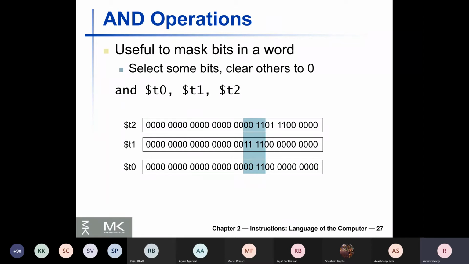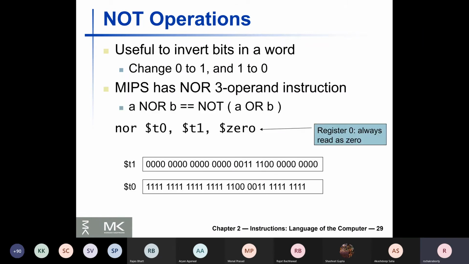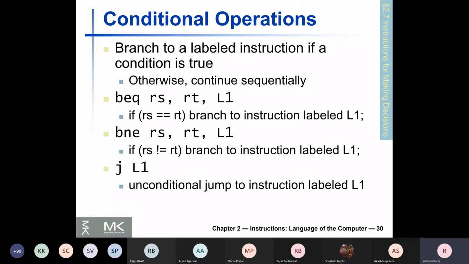The destination register itself can be one of the source registers, in which case the content of that source register is overwritten. So they have given an example, quite simple. Similarly, bitwise OR can be performed. We have already discussed that there is a bitwise NOR operation and how it can be used to implement bitwise inversion, or NOT, in a slightly tricky way using the $0 register.